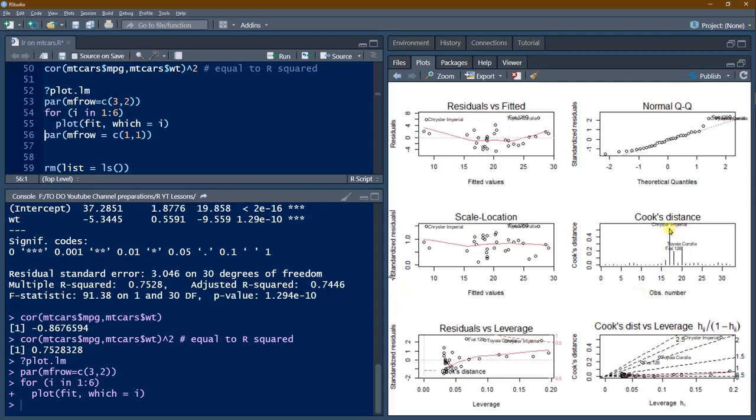Suppose you leave this data point out, then the coefficients will vary much. Suppose you leave this point or this point, it is not going to matter much. Whereas these are having influence. So Toyota Corolla, Fiat, and then Chrysler Imperial. These 3 are having larger influence on the data.